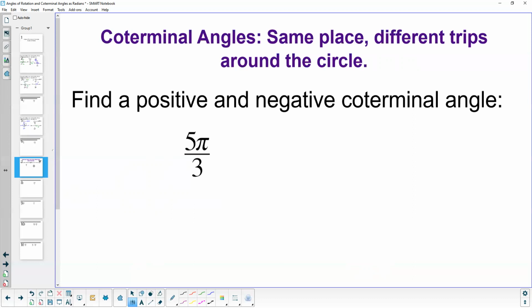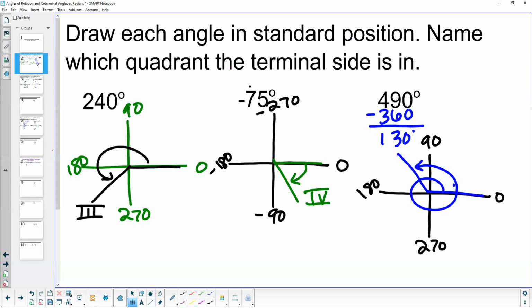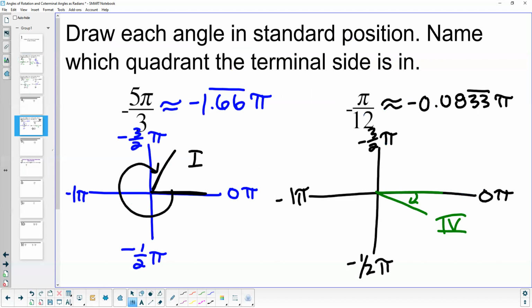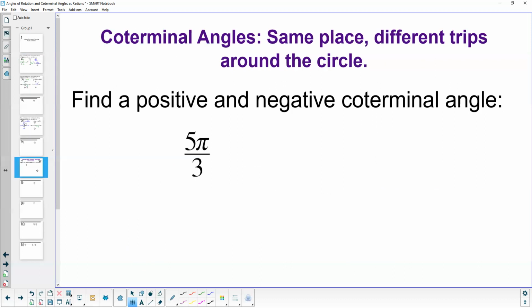So what we want to do is use these coterminal angles, or an angle that's in the same place but takes a different number of trips around the circle. And we want to be able to find these, so when it comes to sketching a picture of the angle or figuring out where they are, we can decide that. The way that we do that is we need to go all the way around the circle. Now, when it comes to degrees, all the way around the circle is 360 degrees. When it comes to the number of radians, it's actually going to be 2 pi to go all the way around the circle there. So what we want to do is we need to add 2 pi,